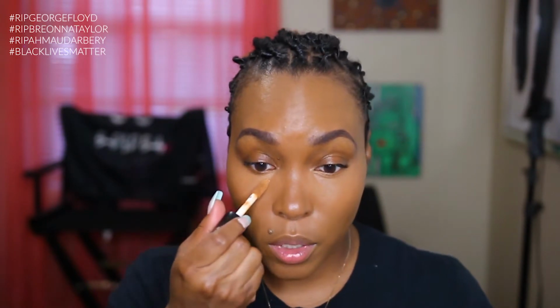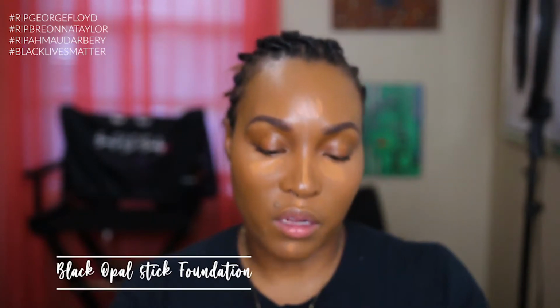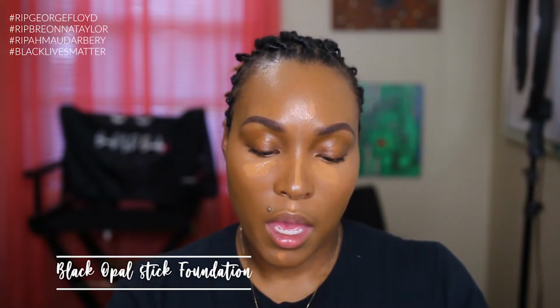We're gonna conceal some more areas and highlight, but we're gonna let this shade sit a little bit, because it doesn't seem to dry too fast, which is cool. So we're gonna let it sit. Once I blend this out after I let it sit for a while, then we'll go on top of it with Deep Olive. But for now, I'm gonna take this Black Opal True Color foundation stick in the shade